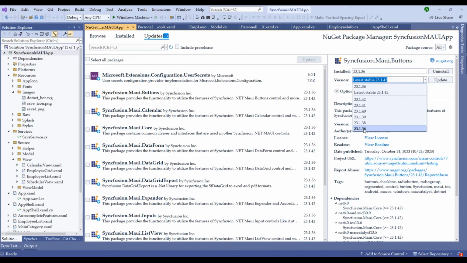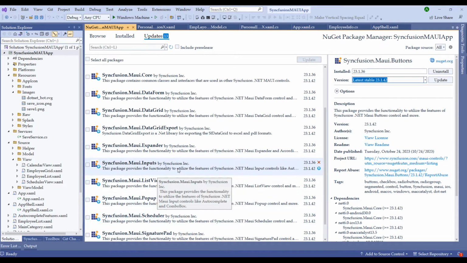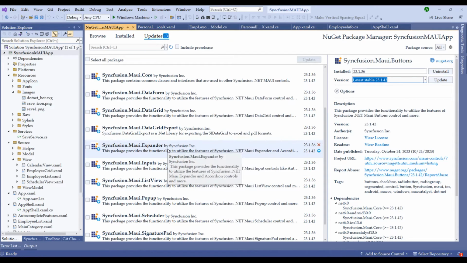I recommend you to upgrade all the packages to match the version and get the community license by contacting the Syncfusion team. Now if you observe here, I have also added rest of the controls such as Syncfusion buttons, Syncfusion inputs and Syncfusion expander package.